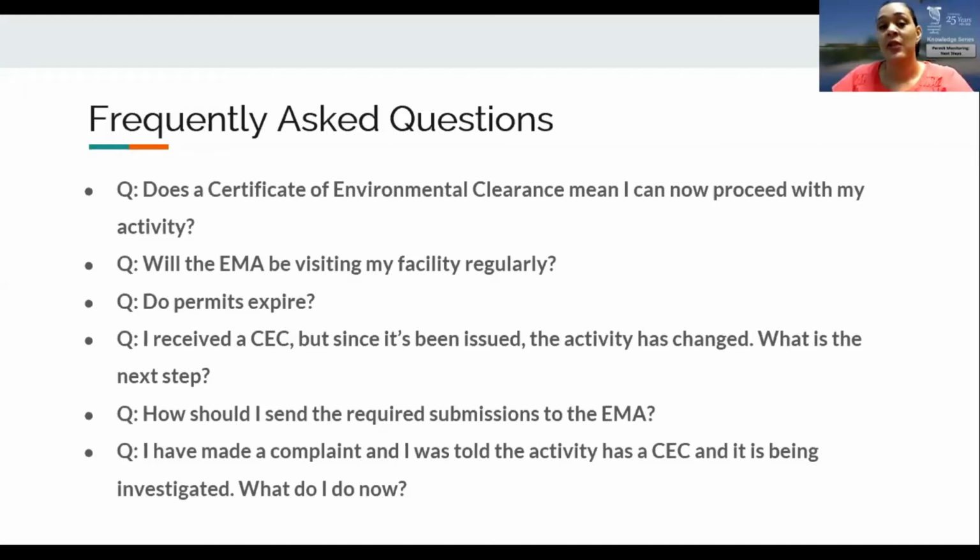How should I send required submissions to the EMA? As we described before, the CECs do contain a lot of submissions that need to be submitted for review. So the permits, including the CECs and the water pollution permits, do provide guidance within the body of the permit as to how submissions are to be made under that permit to the EMA. In general, all CECs and permit-related correspondence require submission in electronic copy as well as hard copy to the address